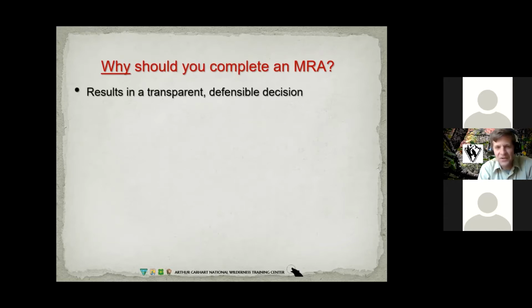So, results, transparent and defensible. It's basically documenting your decision-making process, or your thought process, to help you get to a decision. Yep, I see that, David. Assess actions used minimum needs. Yep. Good. Thanks, folks. Complies with law and policy, as we already said. It's implicit in the Wilderness Act that we do it as a land management agency with wilderness responsibilities. And also our agency policy dictates that we will do it as well.